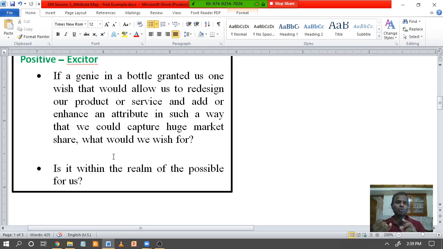See, toothpastes are sold based upon germ whitening. Some toothpastes also say your teeth will shine, right? Suppose now you are selling a toothpaste that when you brush every morning, and that day when you go out and smile at somebody, they can see stars shining in your mouth. They can see a glitter from your teeth. It will be white as snow and there will be a glitter in your teeth.